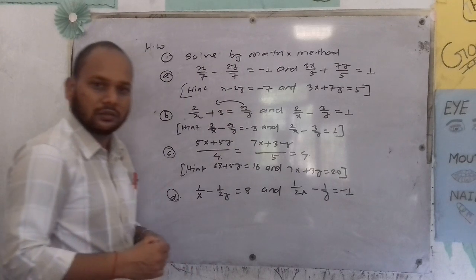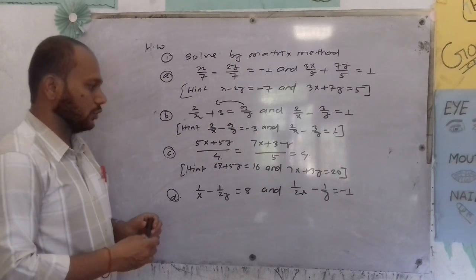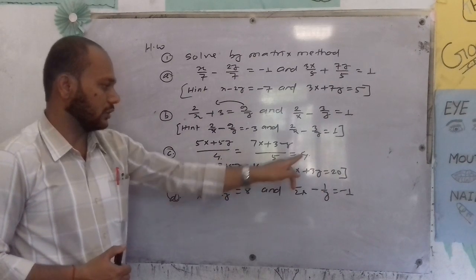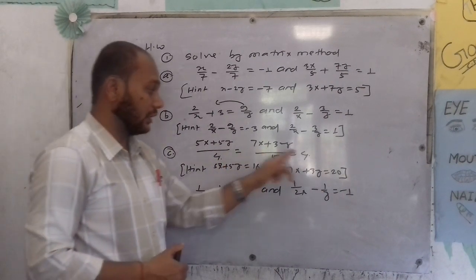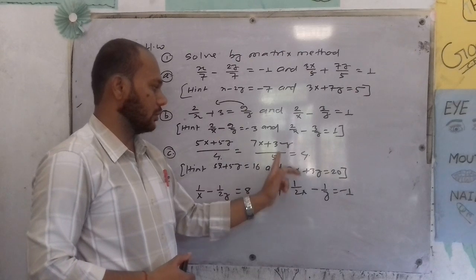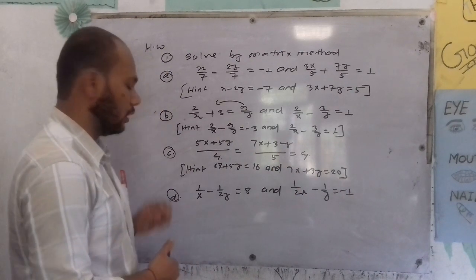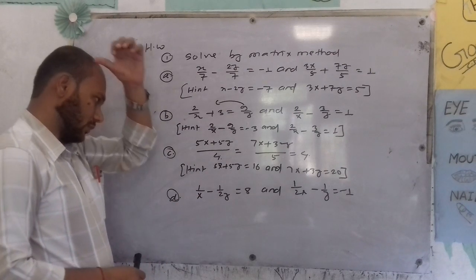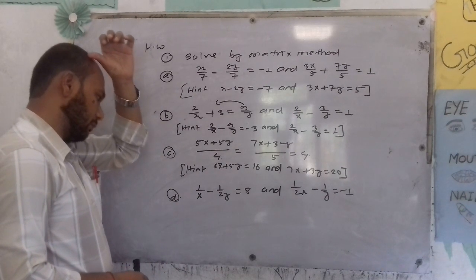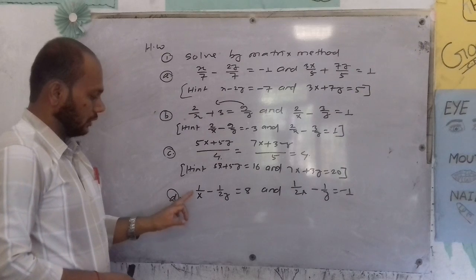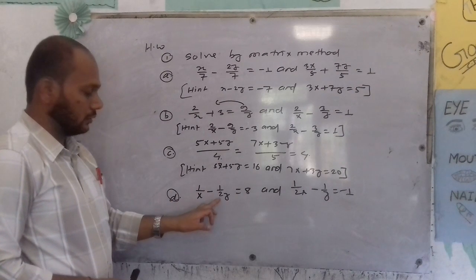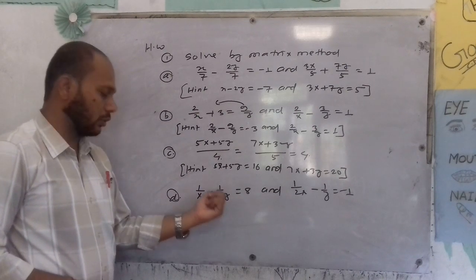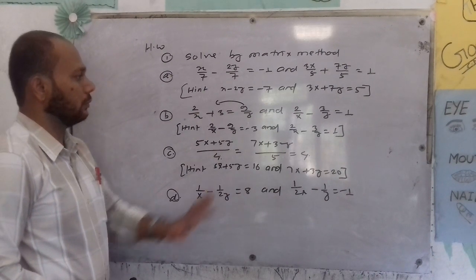Again, first you find from these two equations by taking first and last. We have 5x plus 5y is equal to 4 4 is 16, and second and last 7x plus 3y is equal to 5 4 is 20, and then you solve. Okay, and in this equation you take the same as example number 2, then its coefficient 1 and its coefficient minus 1 by 2, and variables 1 by x and 1 by y, it is in the form of 1 by x and 1 by y, and you solve.